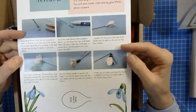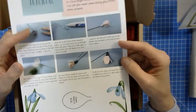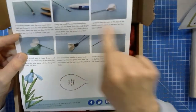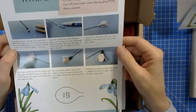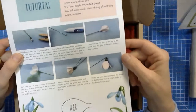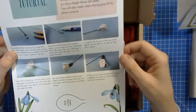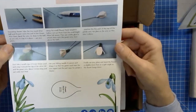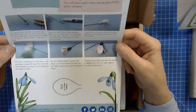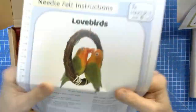So some of you might already have seen this before, because last year the Snowdrop fairy had one of these in her hand. But if you want to know how to make a very simple, quick and easy snowdrop, then this is it. No needle felting required, just a little bit of wire, glue, some felt pieces, and you've got your template there, and you use a little bit of wool to wrap it all up, or you could use florist tape for that matter. Here are the instructions, and